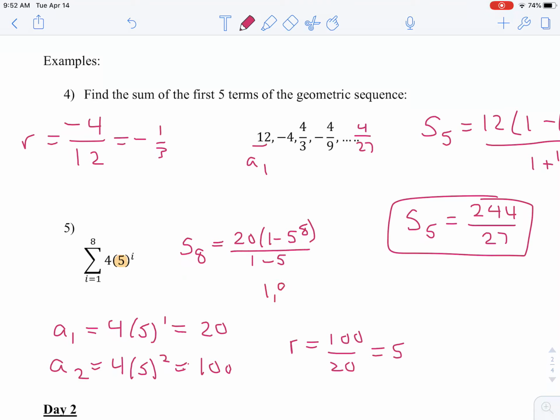And we end up with a really large number here. We end up with 1,953,120. And if you think about it, these numbers do go quickly. We go 20, we go to 100, then we're going to times by 5 again. That's going to get very large on us quickly. Okay. Also get that